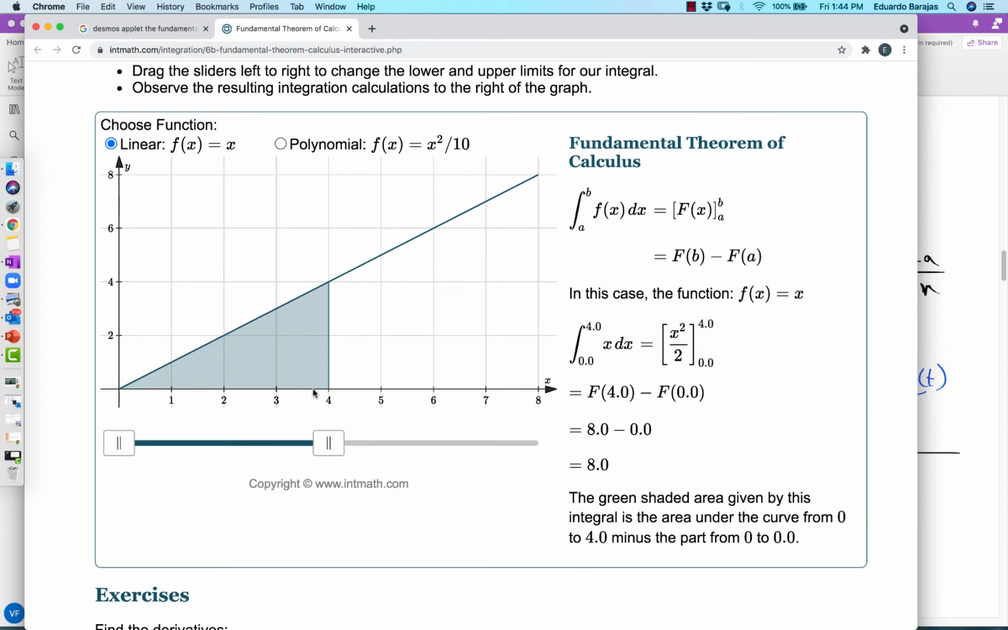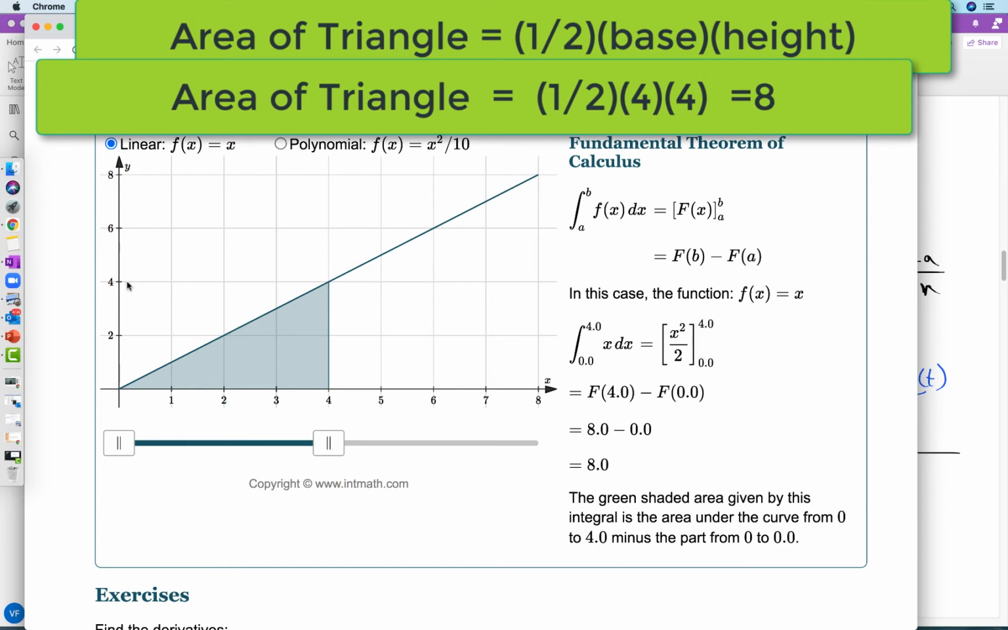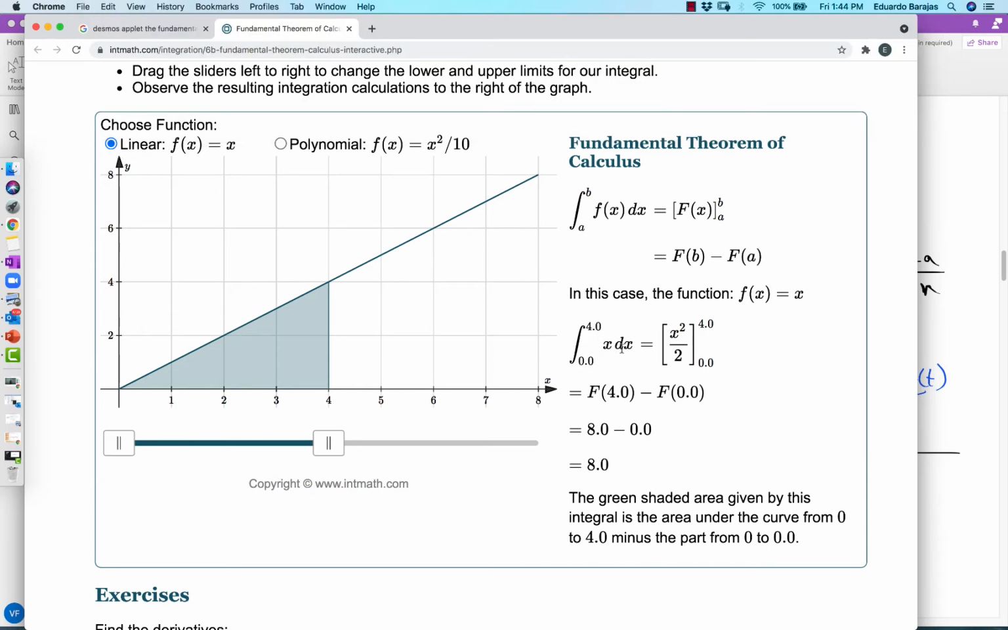And notice that in this particular case, it forms a very easy geometric shape to figure out. Remember, the area of a triangle is 1/2 base times height. The base is 4 units. The height is 4 units. So that would be 4 times 4 times 1/2, which gives you 8. And that's what this is right here. So ignore this stuff in the middle for now. We'll come back and see what that means. But for now, the integral from 0 to 4 of the function x dx equals 8,